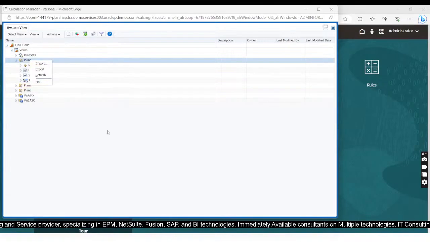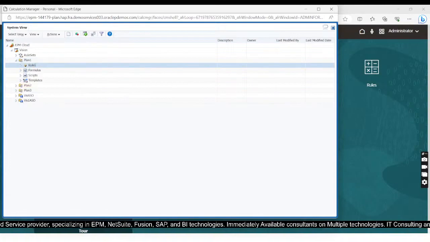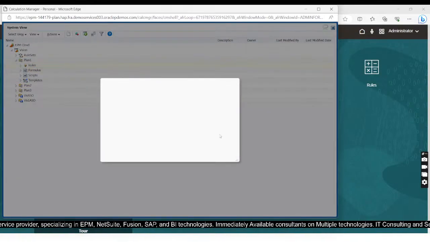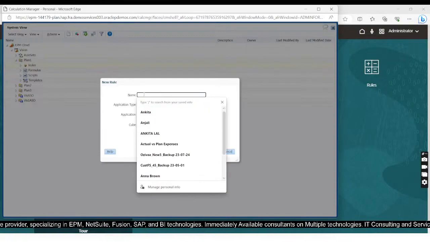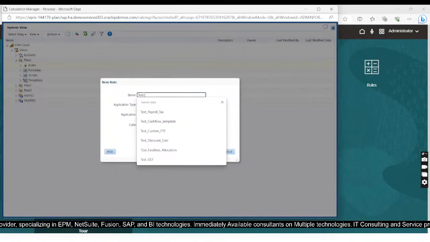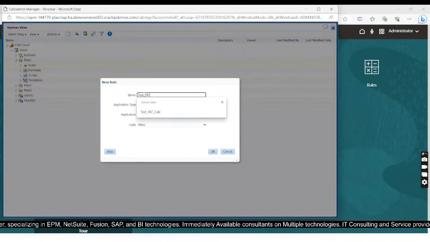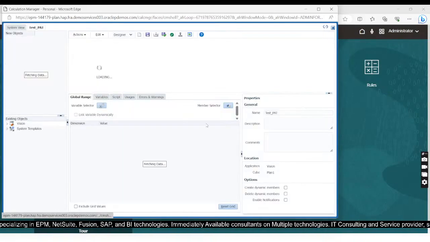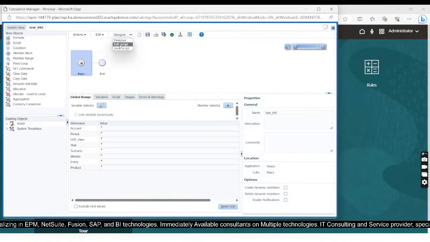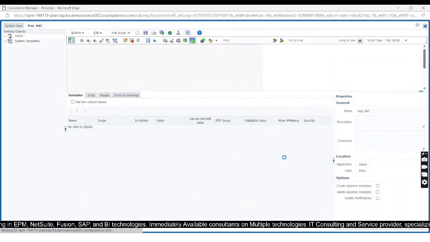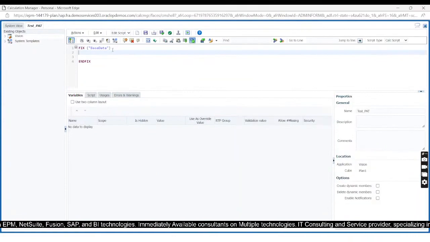I will right click on the rules here in plan 1 cube. Okay, after that I will name it as test underscore pat. Okay, so here we are using the edit script mode, not the designer. Then here I will fix the scenario as plan, the version as working,